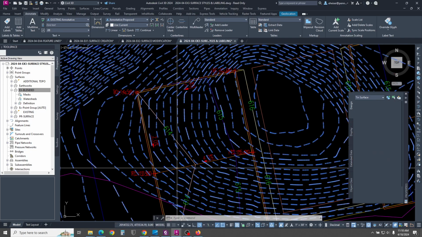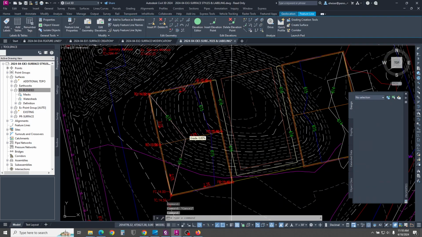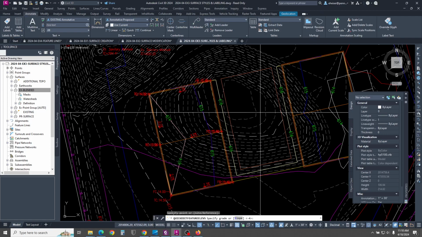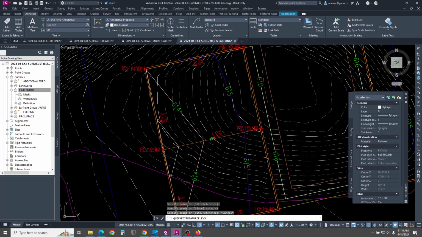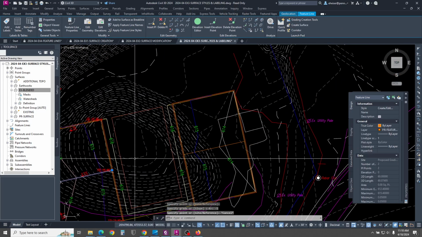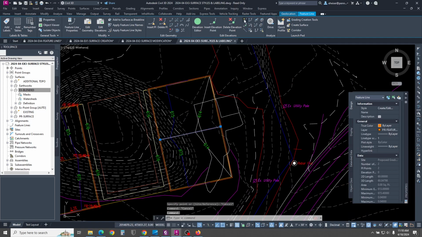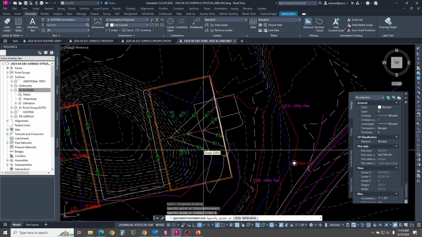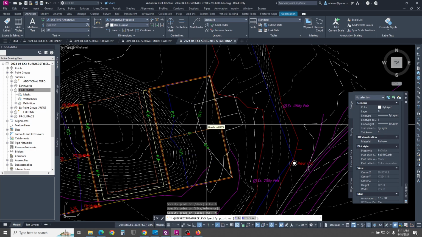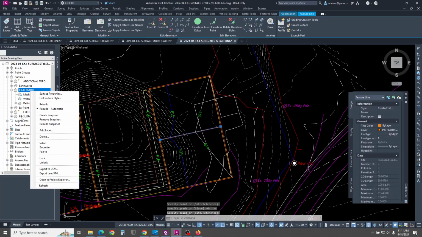So for example, if I were to adjust one of these feature lines, which we'll talk about here in a few minutes, but right now that's set at 4%. If I set that at 5%, you can see that the contours changed. I can do the same thing over here. If I set that at 6%, the contours all move. I can put it back, it'll stay where it is. If I turn off that rebuild automatic,